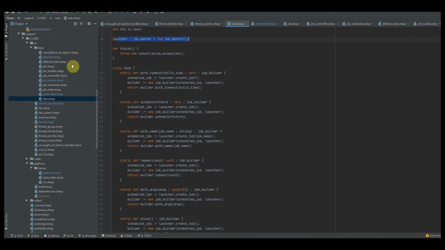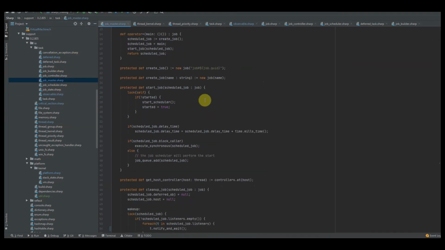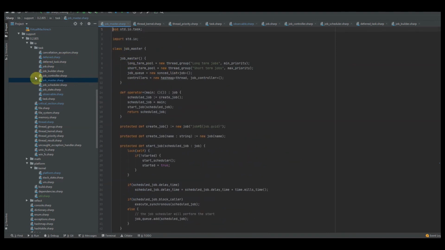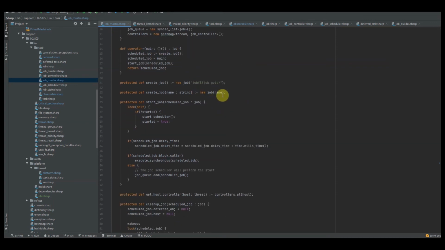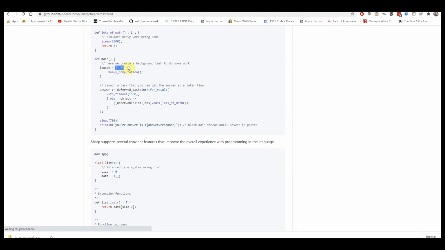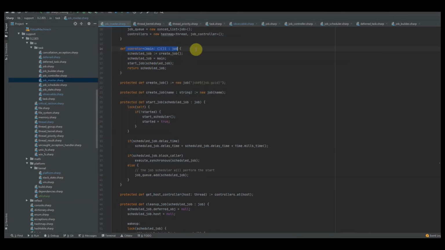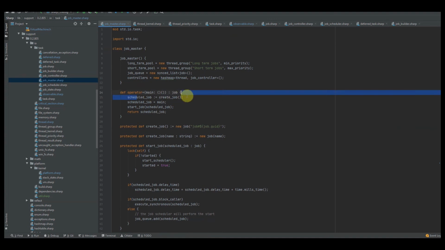And we actually didn't go over the job master, but that is just a way for us to facilitate creation and starting of jobs. And the job master is used by the job scheduler to do all of that stuff. But yeah, so in there we call this function. So that is basically an empty block. So we call this function here, this operator overload. We create a job and we set the main based on the block here, and we start that job, which